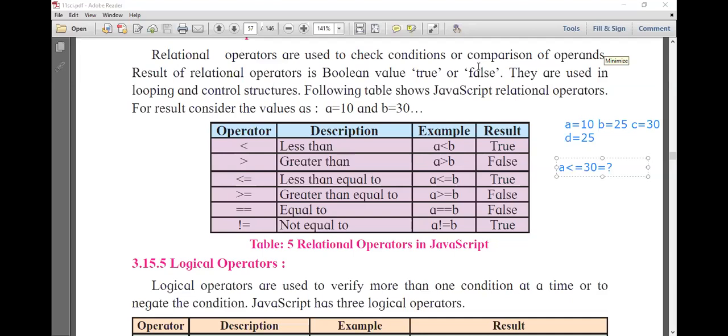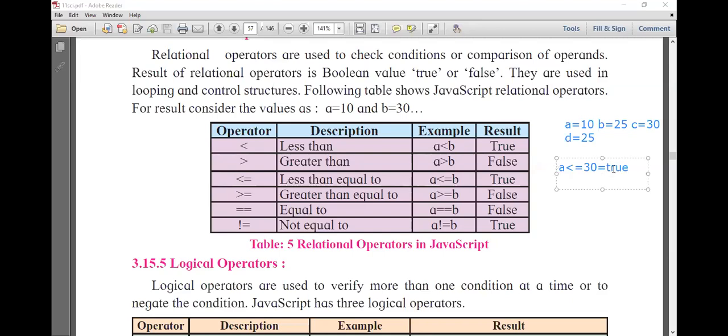Yes, Ritik saying, Amol saying, Siddesh true, Joshi saying true, Devesh is saying true, Yogesh is saying true, Rohit, Masur, all are saying true, so it's true. Nobody says false, so it's not false. Okay, so A less than equal to 30 means 10 less than equal to 30, yes, it is a true. So you can write here answer true.